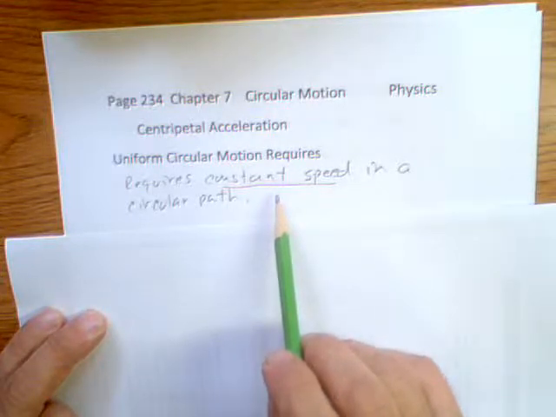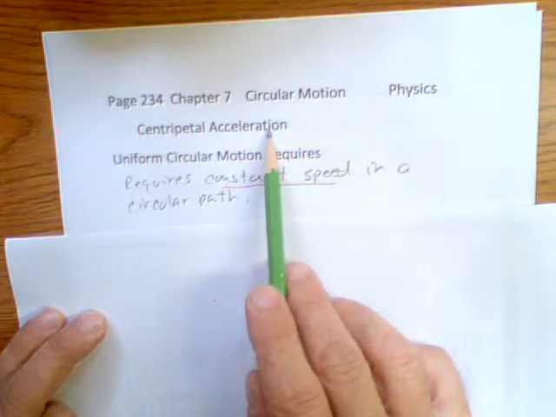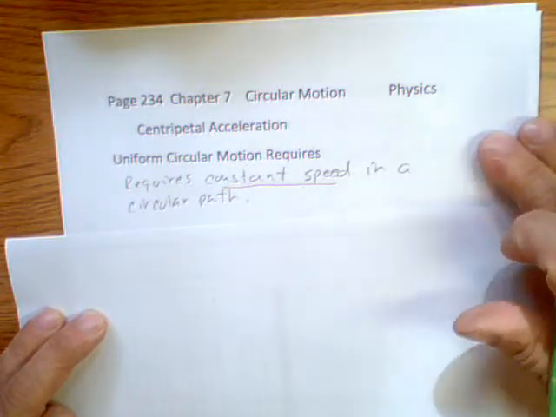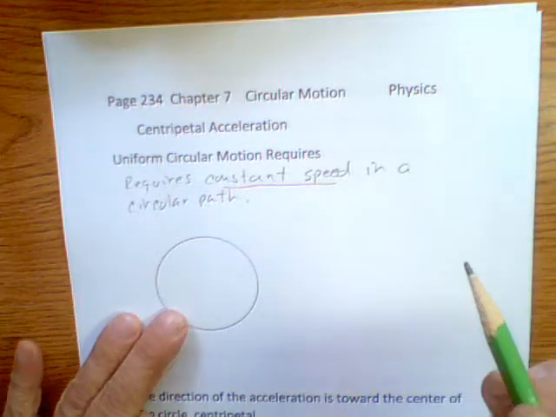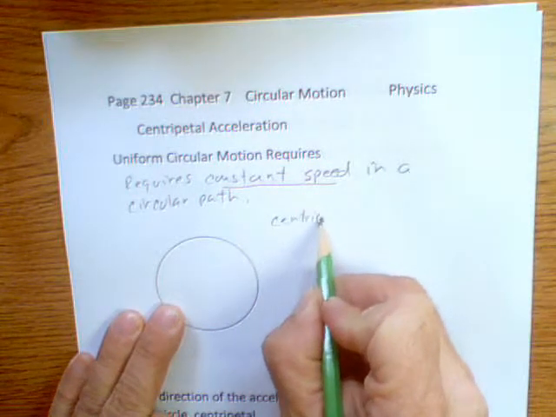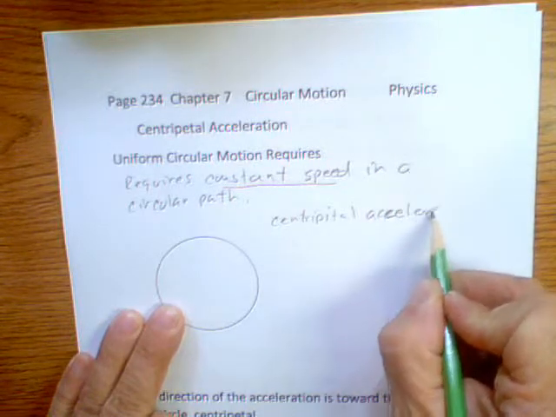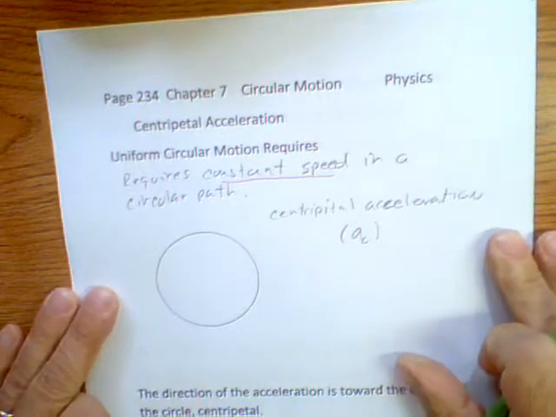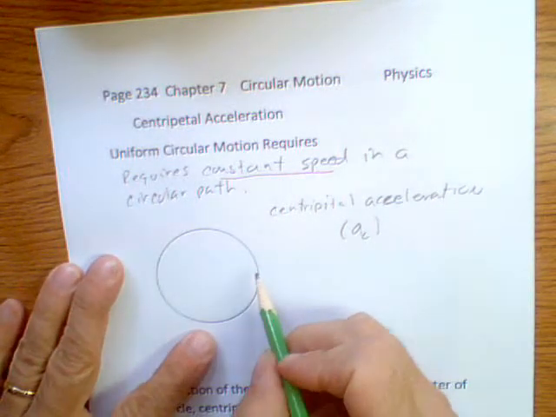The reason why we can have constant speed and acceleration at the exact same time is because the direction is changing all the time. Therefore we have acceleration. So centripetal acceleration, we're going to call it a sub c. Centripetal acceleration, we're going to find it using